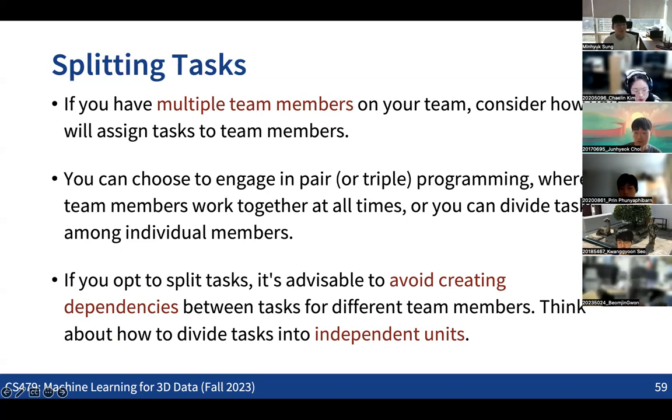And also in terms of making the collaboration, the key thing is that it's better not to make dependencies across the tasks that you are doing. So actually it takes some time. It's not an easy, simple task. You need to spend some time to think about how you're going to remove the dependencies across the tasks you're distributing to each of the team members, so that when you do something for task A, the other people can also do something else in parallel, simultaneously, without making dependencies.